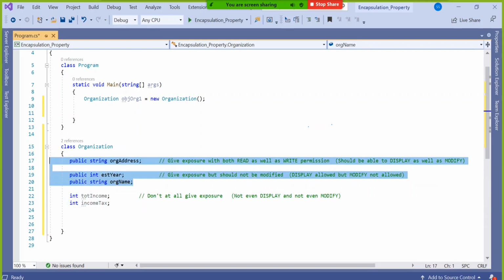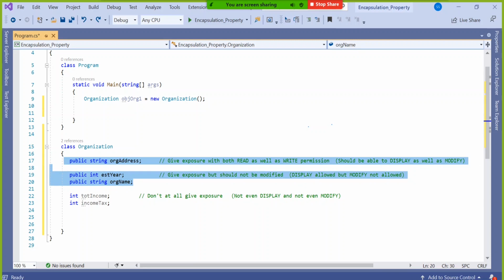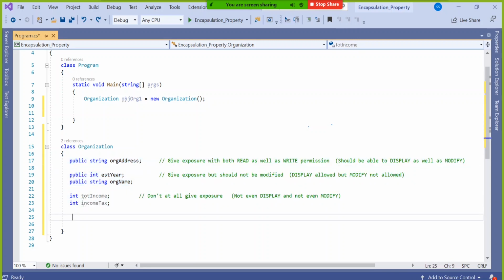But what about these three things? If I didn't use public, do you think they will be exposed? No, right? Then you thought I will make these three things public, these two things private, because that is what is clicking to my mind, because as per requirement they should not be completely exposed, totally not even display.